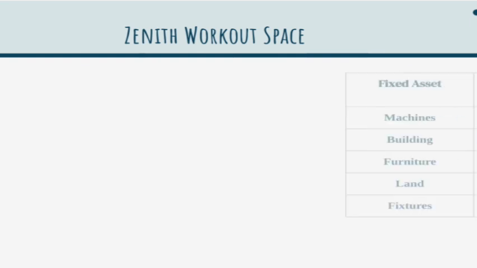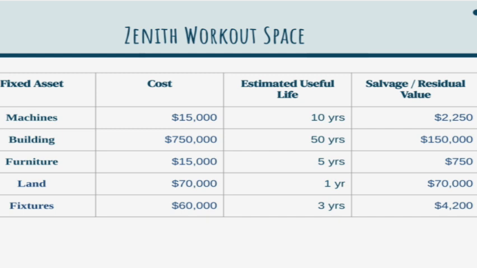We know what depreciation is now. Let's use this information and try to understand it using a real life example. So here we have Zenith's workout space. Zenith's workout space has the fixed assets, the cost, the estimated useful life, the salvage, or the residual value. The fixed asset for Zenith's workout space is machines. The cost of machines is 15,000. The estimated useful life is 10 years. The salvage or the residual value